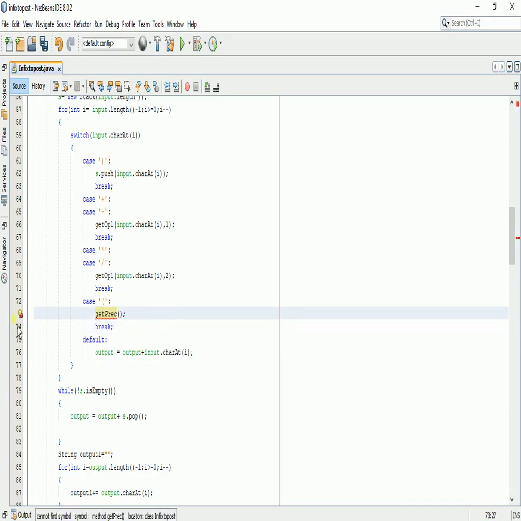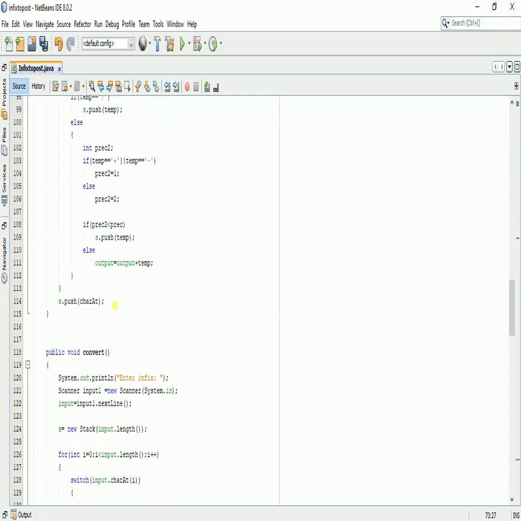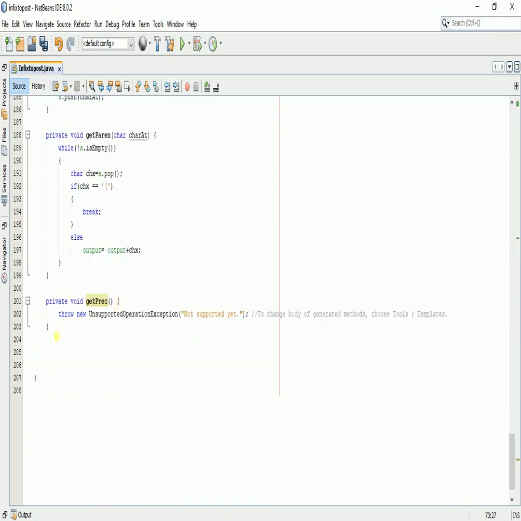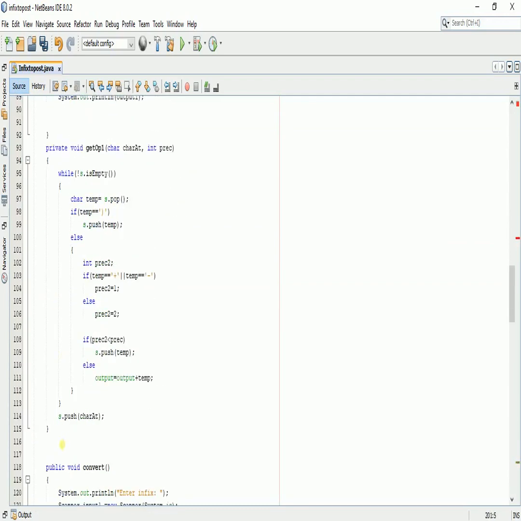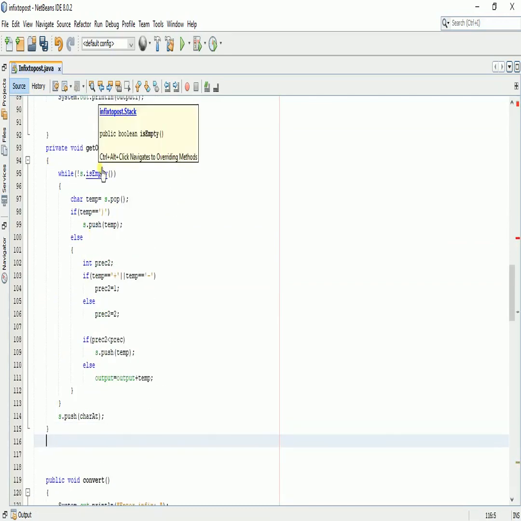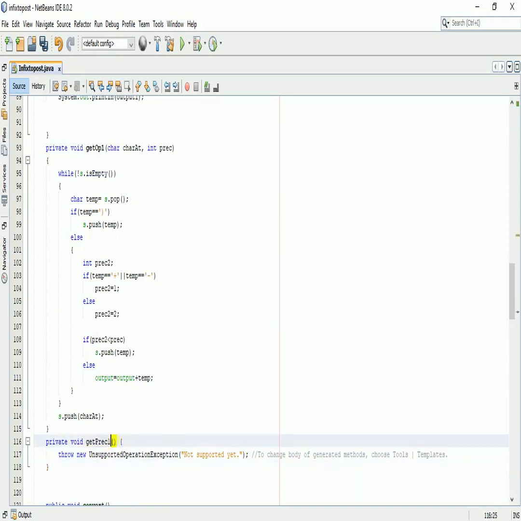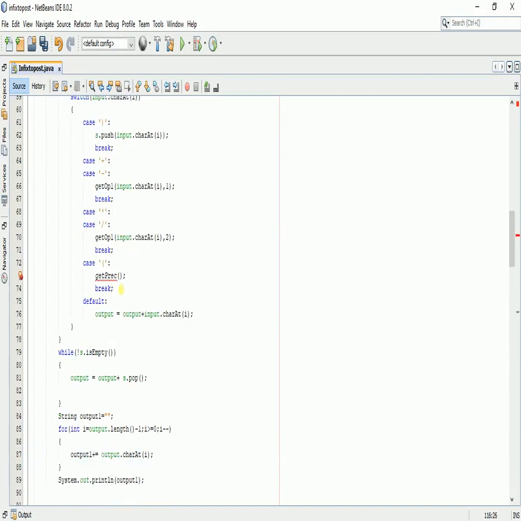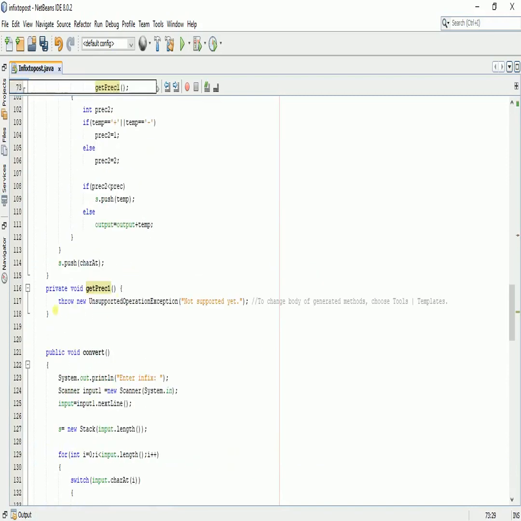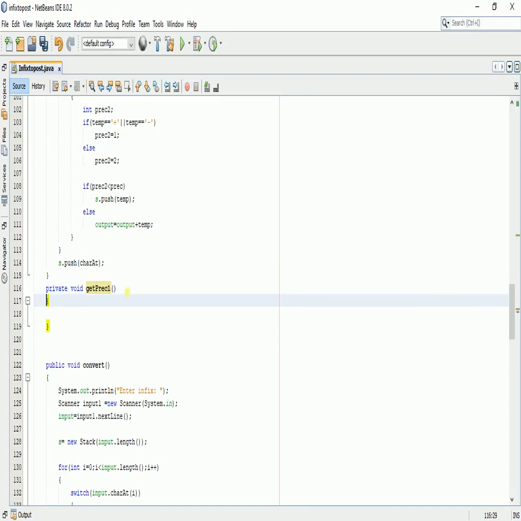It's showing an error because I have now initialized it at the end of the program. Yes, there it is. I will cut it again and paste it just here, below my get op1, and I'm going to name it get precedence 1 2, and I'm also changing it here. Now I will remove this from here and reorganize my code.